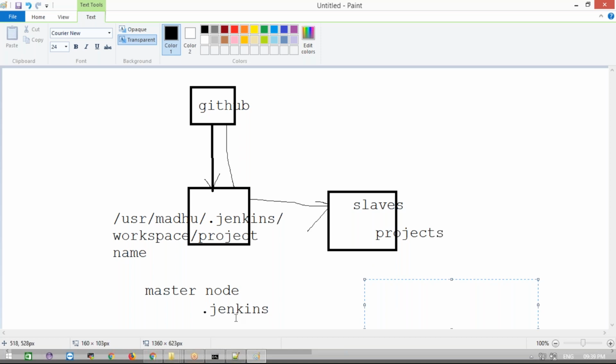Now, how to do that? Builds will also run on the slaves. When you do a build, that also happens on the slaves, and only after building does it go to the workspace. The workspace is what stores the data, the actual logs and all, and that will be stored on my slave nodes. The build will happen on your local system, where you have your data, and that data will be taken. Clear now?